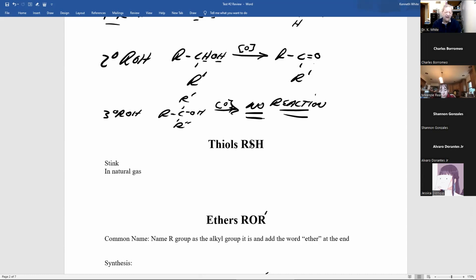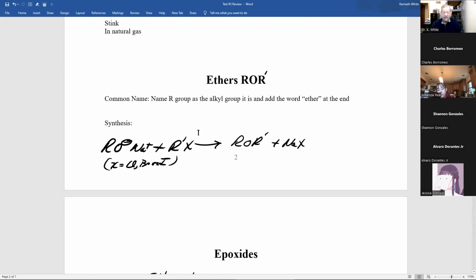The other thing I taught you was, because of that tragedy in Texas in 1935, where I think 300 children and teachers died because of a natural gas explosion, which is methane. Natural gas methane has no odor, but a thiol, t-butyl thiol, is put in there to make it smell. And how stinky is that thiol? Well, they only put about 4 pounds of the thiol for every billion pounds of natural gas. And that was a question I had on test 2.